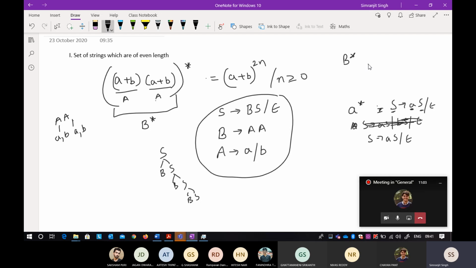Okay, so for this B, you start with the start symbol, and you want a B, and then there is an S. So this is S, this is S, and you want a star here. So this is B raised to the power, and there is an epsilon here. So epsilon can also come in the language, because 0 is also an even number. If there is a zero length string, it is also even. So if you derive a string, it can look like this, BS, and then for B there are two A's, and then for two A's you can write it like B. Okay, so that will always be your even length string.